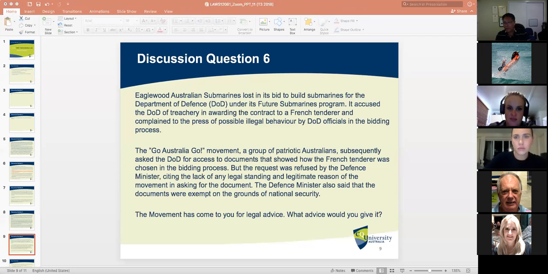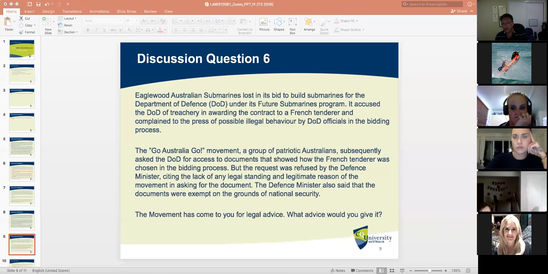So the point there is that, as a solicitor, you could probably argue that national security as a ground for denying the request for public access to the public document might be a weak excuse, a very weak justification. So you could probably say you will go anyway to the Information Commissioner to review the decision of the Minister of Defense, because